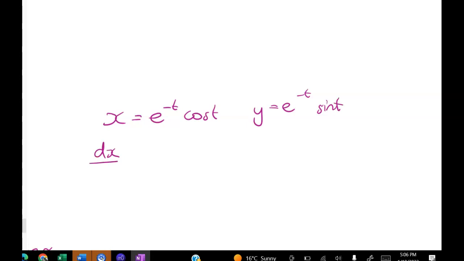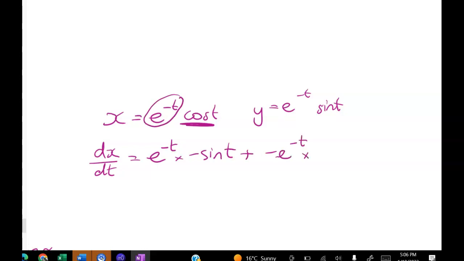So for dx by dt, we're going to use the product rule. First of all, e to the negative t times the derivative of this, which is, what have we got? Derivative of cosine is negative sine, so negative sine t,